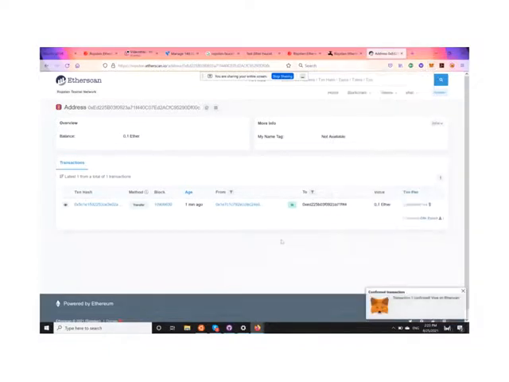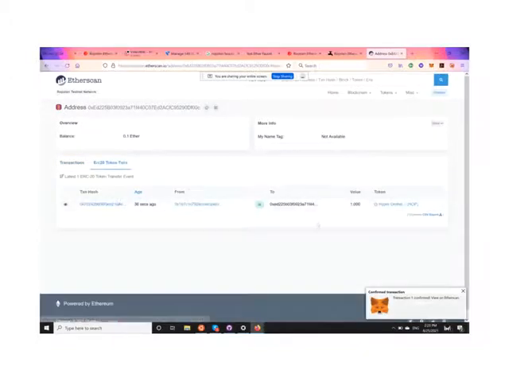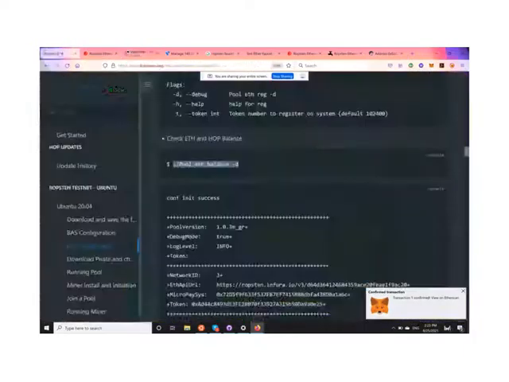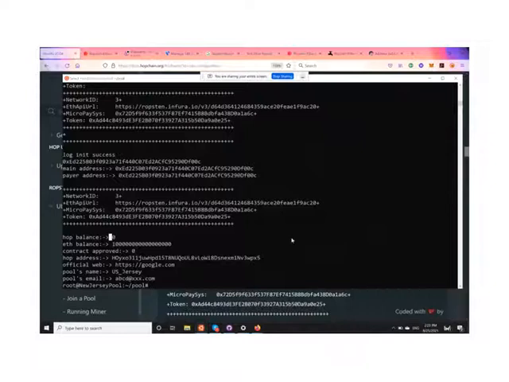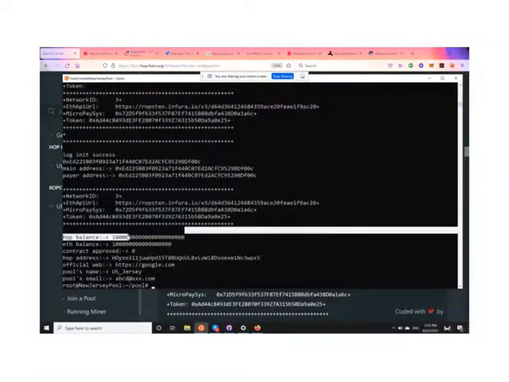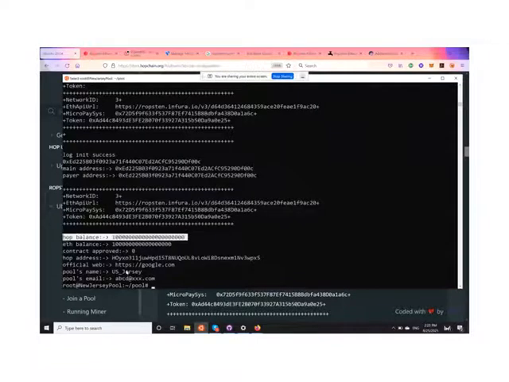Okay. Looks like it finished. This is our token. So we come back. We're going to check again how much balance we have. Okay, we have 1,000 HOP token. Now we have enough to